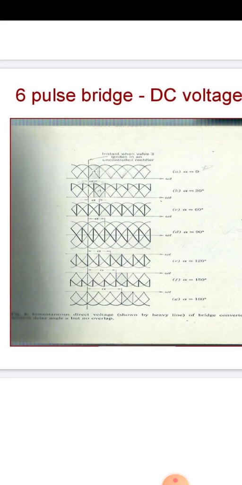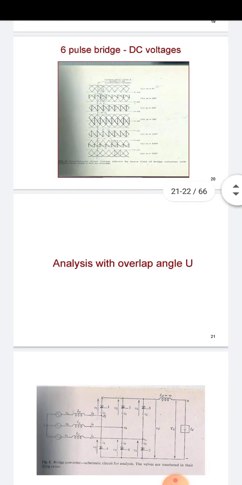It gives the expression and explanation of different modes, or different kinds of firing angles, applied across the 6 pulse or 6 SCR switches. Those firing angles are alpha equal to 0, 30, 60, 90, 120, 150, 180. These are all firing angles to support the circuit to make AC into perfect DC according to their angles. This is the firing angle duty.